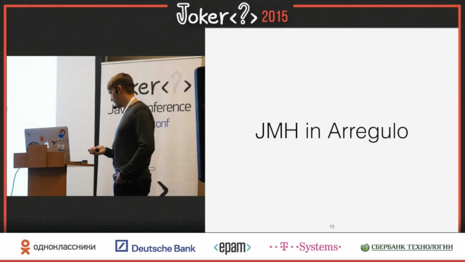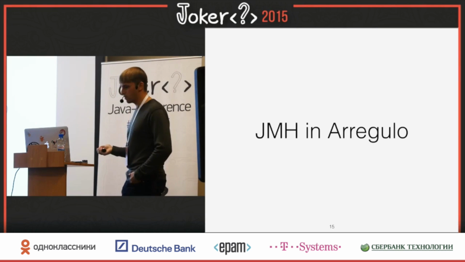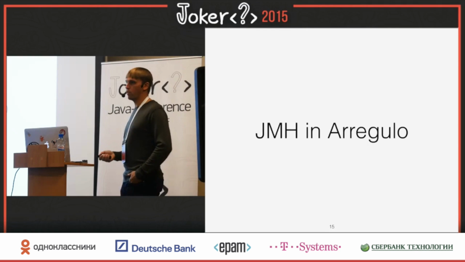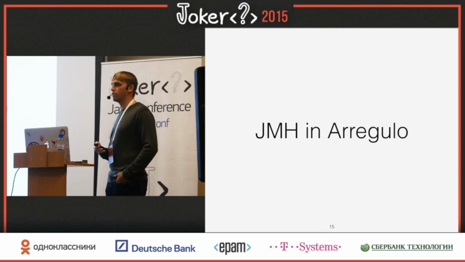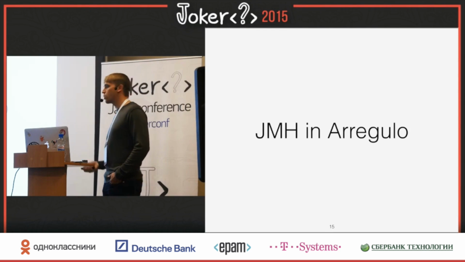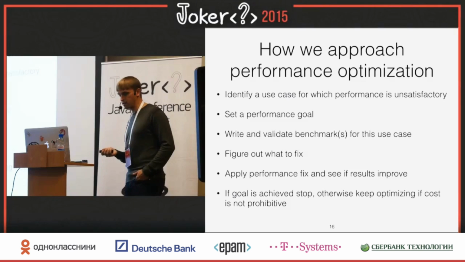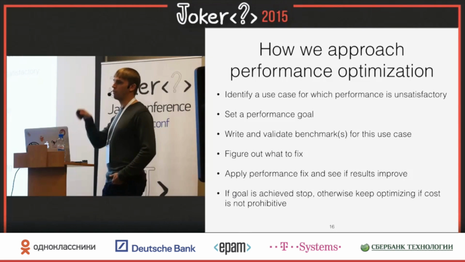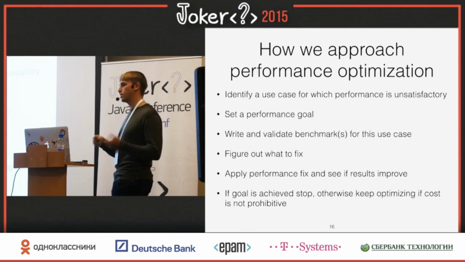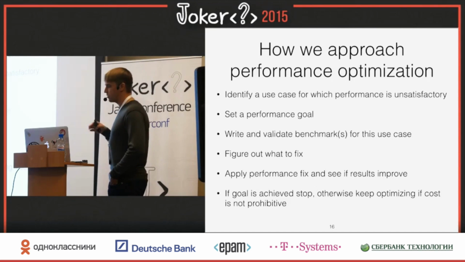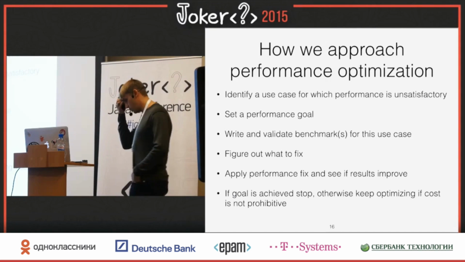So the story of us using JMH in our project was that at a certain point, people started complaining about performance. They said, what was working 5 years ago is not cutting it in new projects, you have to do something about it. So we came up with something like this. We said, okay, let's do it correctly. Instead of just jumping in and profiling and fixing and shipping the version and then going to the next one, let's create a certain kind of approach for how we can do it. So we looked at